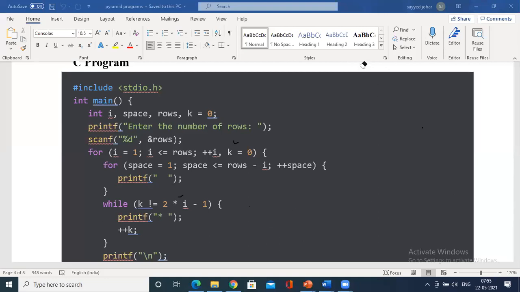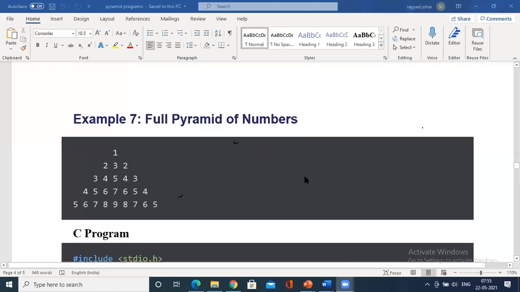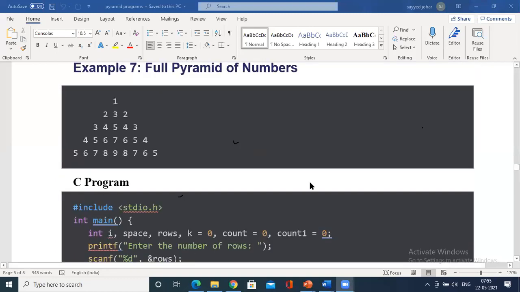So there are many programs. It is time consuming for me to go ahead with the pyramid program. From the syllabus point of view, we have one program. In fact, all the pyramid programs are important. They might ask anything on this program. So this is from the syllabus, what you have. So let me brief it up fast.